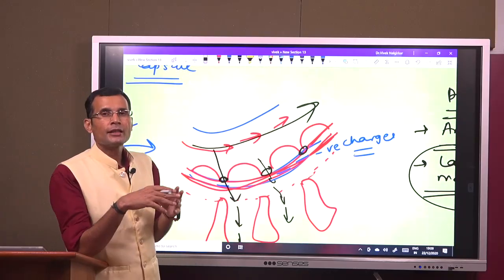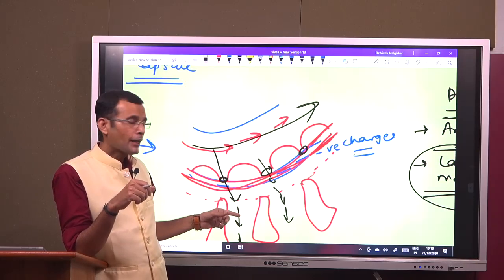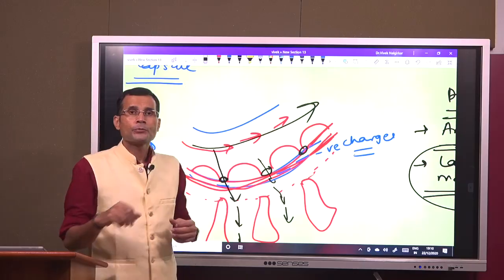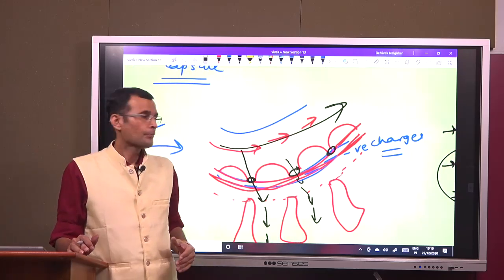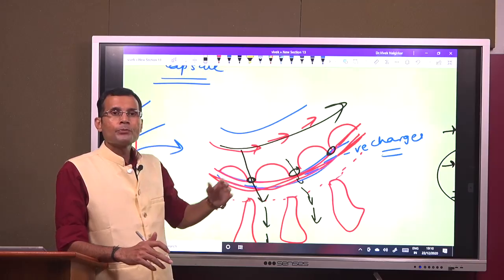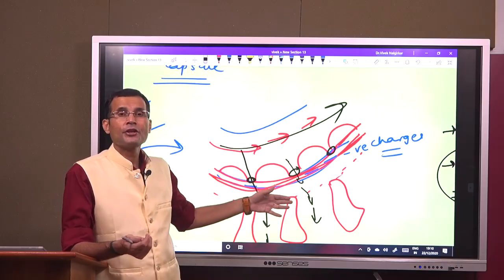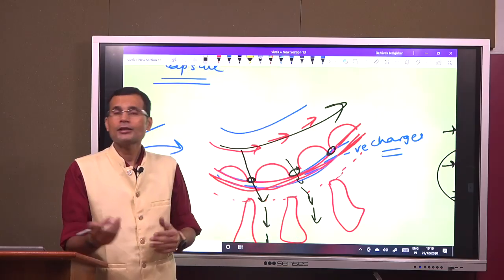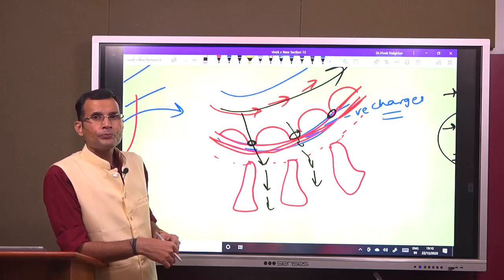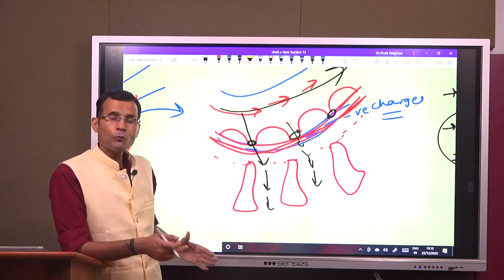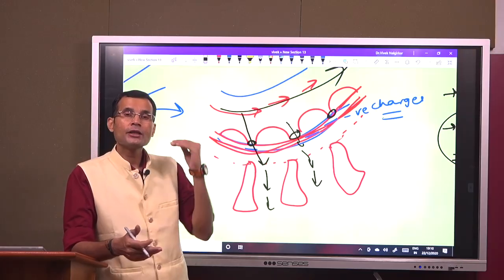So that's one thing that I wanted to add in the context of the filtration and the filtration barrier. You will learn, for example, nephrotic syndrome. Nephrotic syndrome is going to result from damage to this filtration slit diaphragm. I told you just now there are certain proteins like nephrin, podocin, etc. So they are damaged, and therefore what happens is the proteins do get filtered out and proteins are lost into